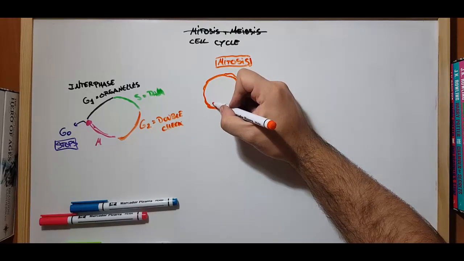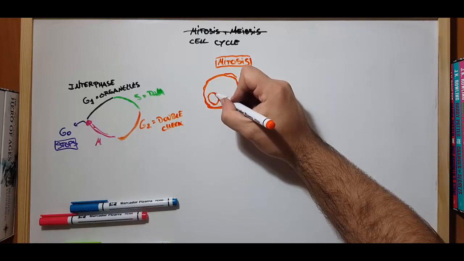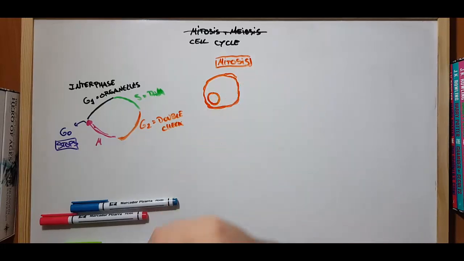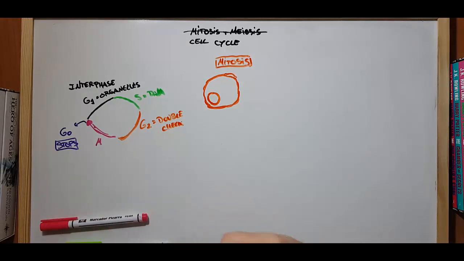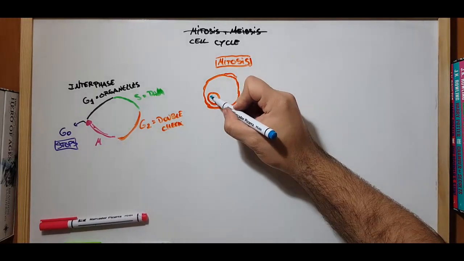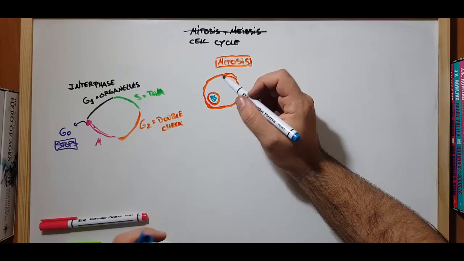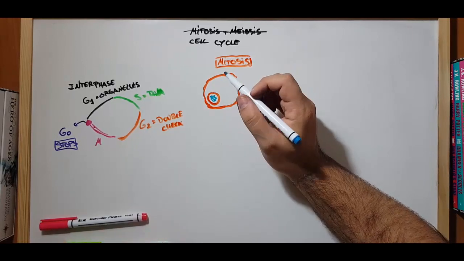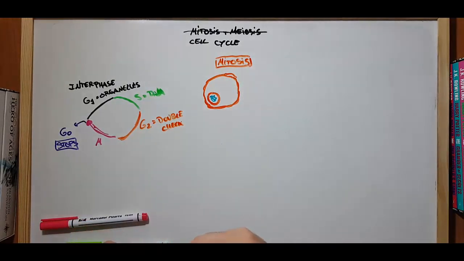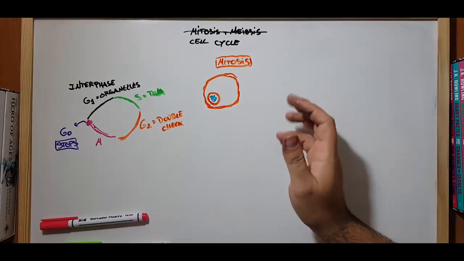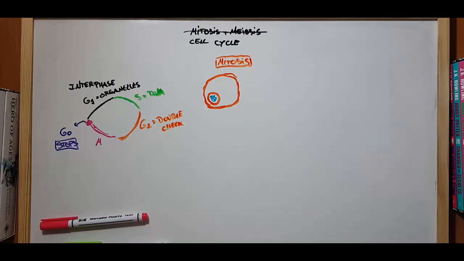Yes, that very big cell is going to have a very big nucleus full of lots and lots of DNA. Okay? Yes, that is the start. We're going to have a lot of organelles and so on. Okay, so in the first step,